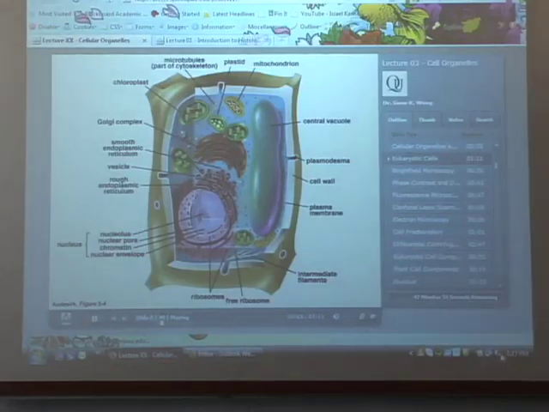But the problem with this is membrane-bound organelles have membranes which are similar in structure to what you saw